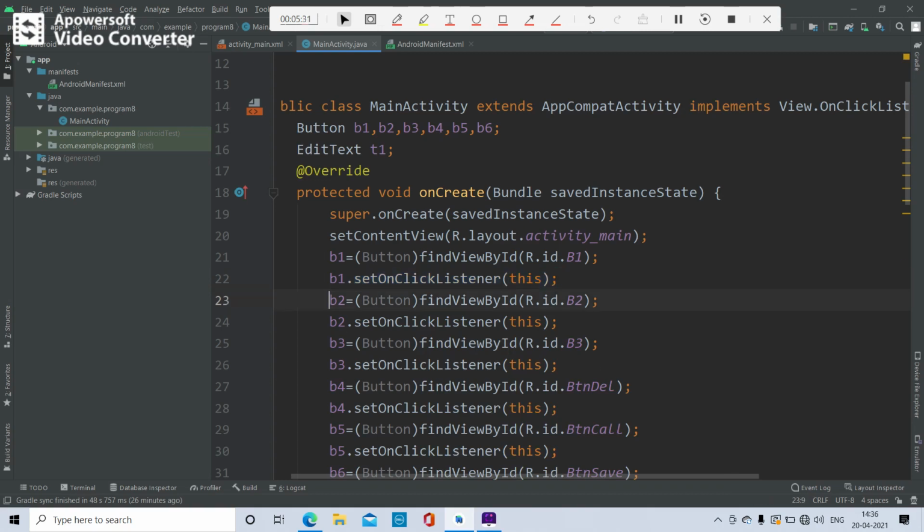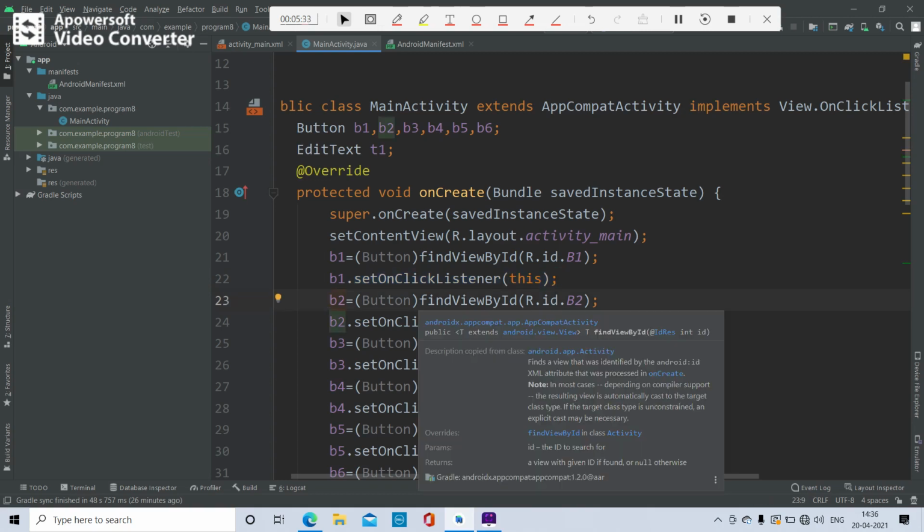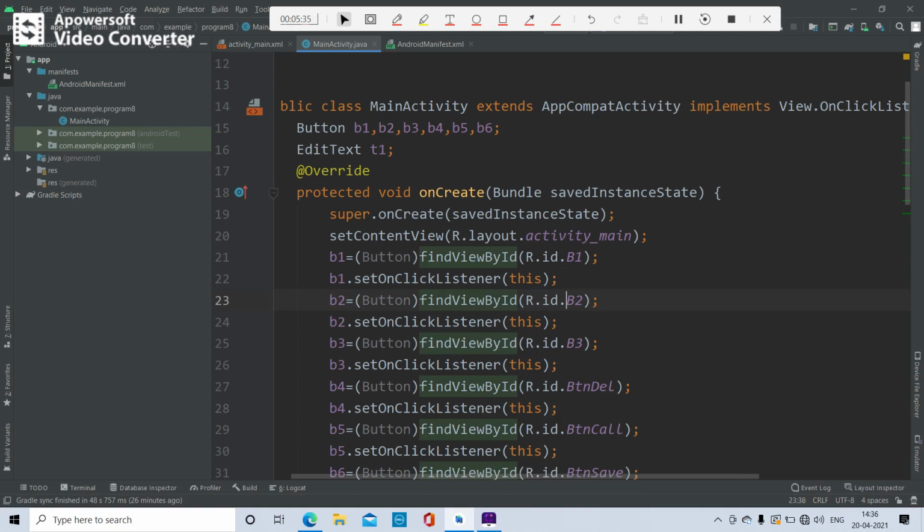Similarly, the B2 button object we are mapping to the B2 button ID, and then we are keeping an on click listener event for that button.